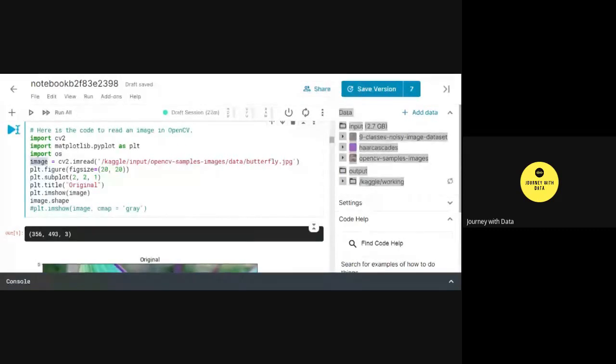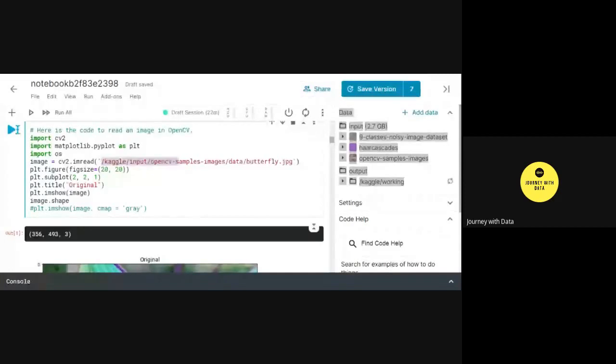Now the third part is here, image. I have stored the output of this particular code in a variable known as image. You can create any variable of your own choice. The reason for creating this variable is that I'm storing the output. Now I'm reading an image using the cv2.imread function, and the image that I'm using is a butterfly image which resides in this path.